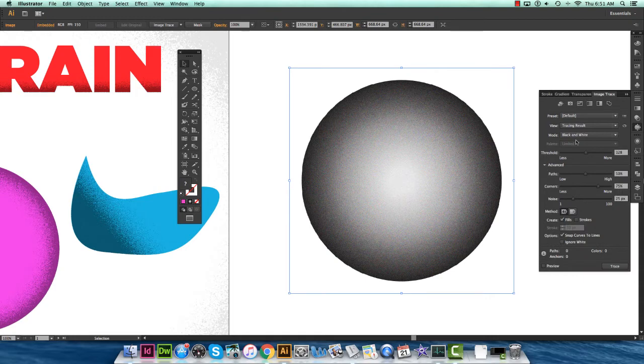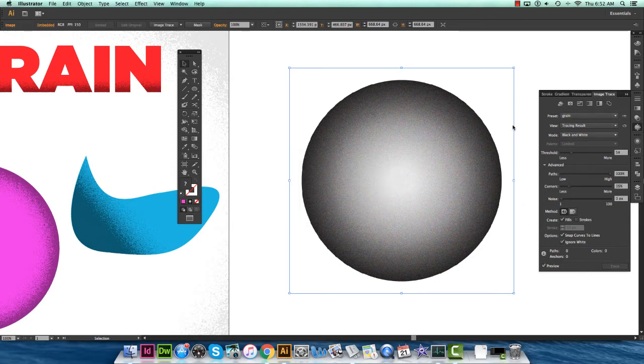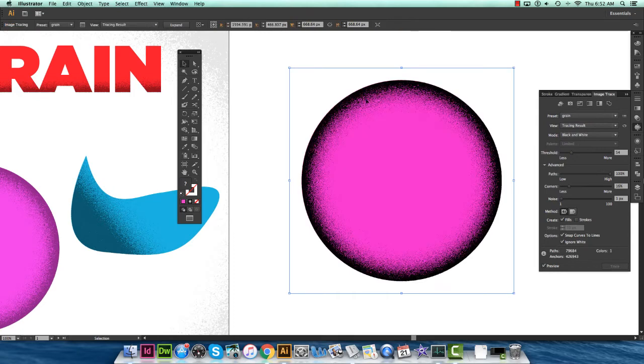When you hit Advanced, I'll show you guys what settings I use. I use this grain preset that I've created. And okay, all right, once you hit that, you could see how this comes up, a really nice vector